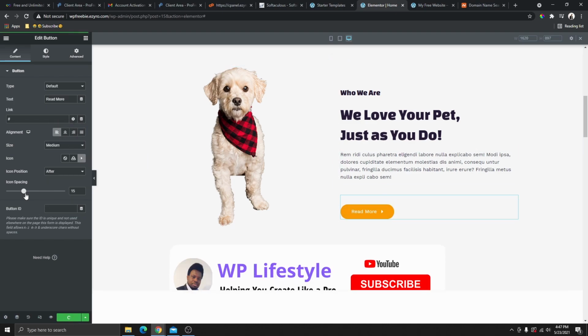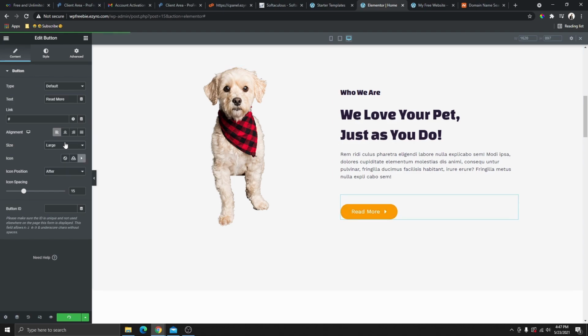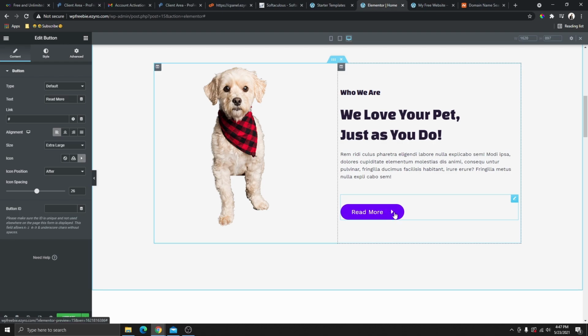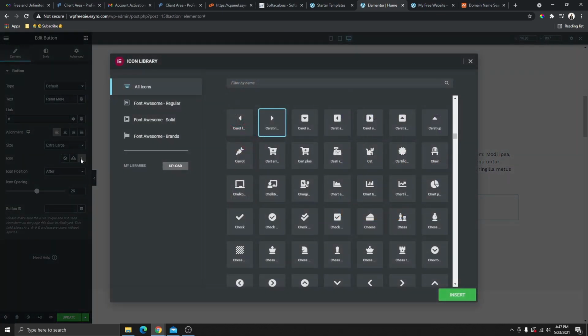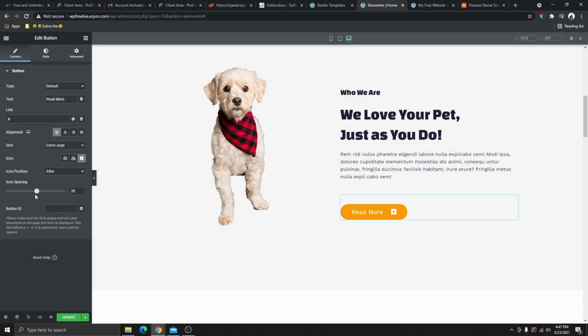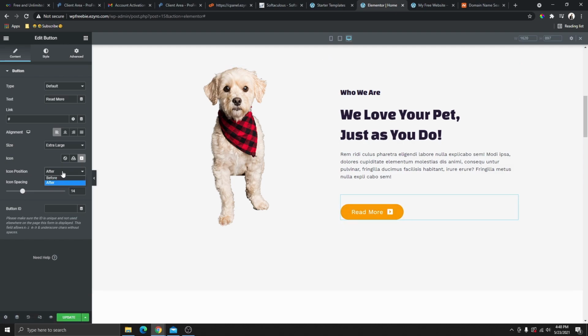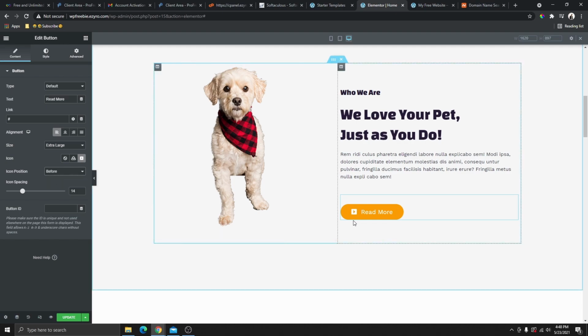And then all these options right here, you can play around with them. The size of the button, you can change it right here, make it big or make it extra large. And then the icon, you can space out the icon like this. And then if you prefer to use a different icon right here, you can go to this icon library, and then you can choose a different icon. Maybe you want this icon, you can go ahead and choose that. You can see that we have that icon right there, and maybe you can bring it a bit closer. And right now you can see that the icon is after your text. Maybe you want it before your text. You can go here to the position and you can change it to before,